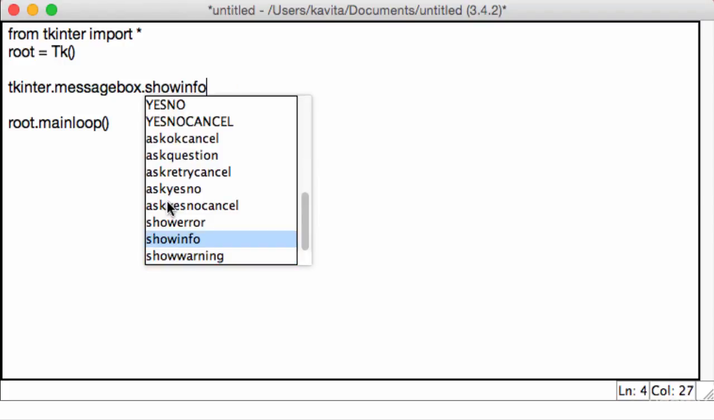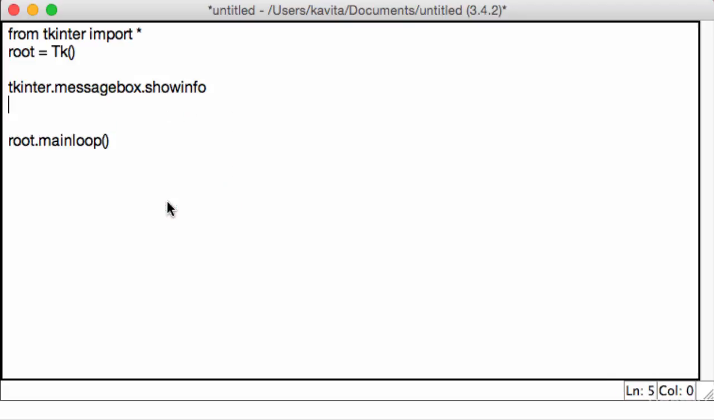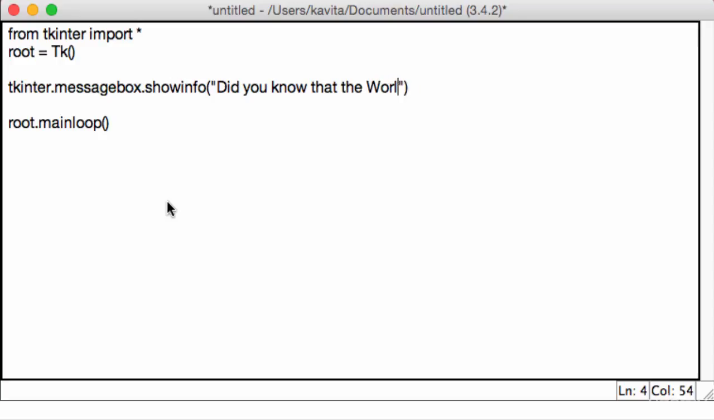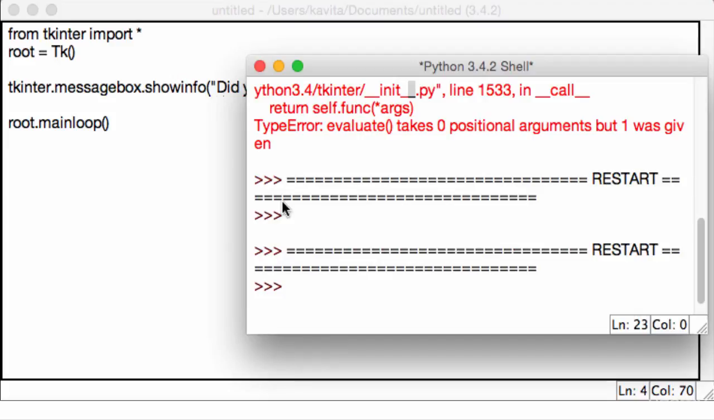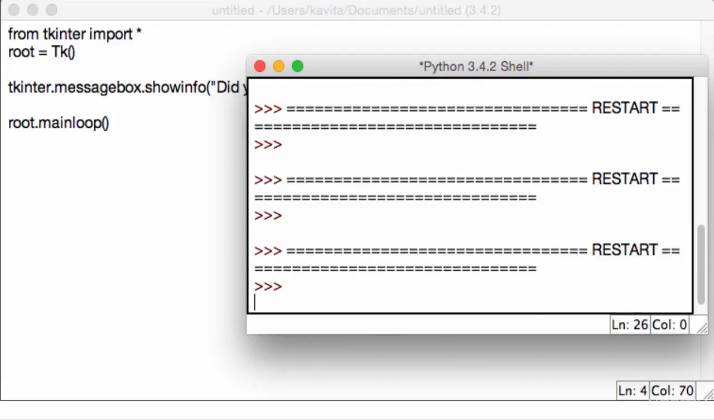As you can see, there's all sorts of different message boxes. You can ask a question, you can ask yes or no, you can show an error, stuff like that. So we're just going to be saying dot show info, and the show info just takes in one parameter. What are you posting? So I'm going to say, did you know that the world just blew up? Something random, something funny. You can do whatever you want. The core concept here is I just want to show you how this will work. So F5, Command S, F5, and now if we run this, we will get,